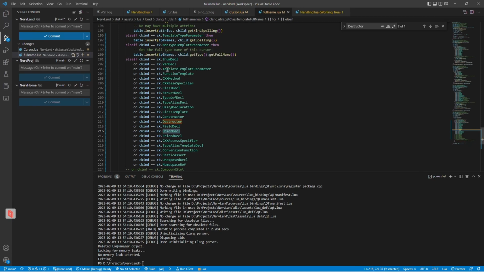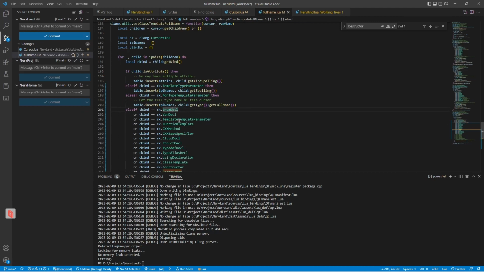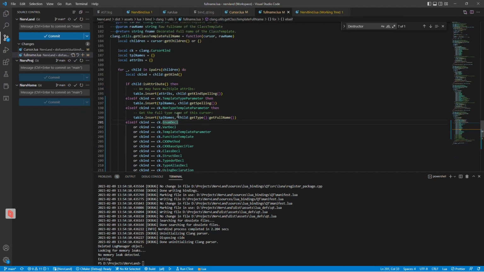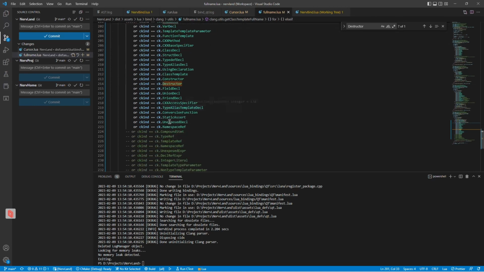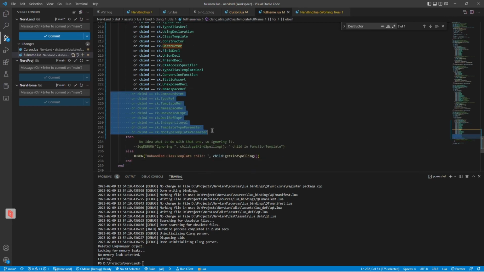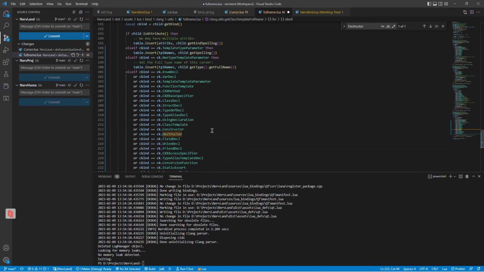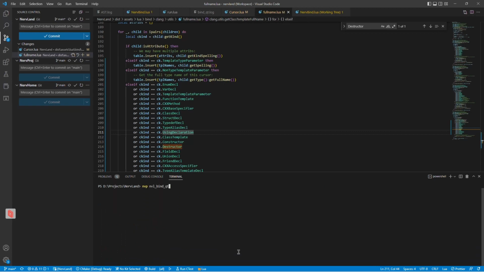visiting process at the level of the class template, of course, so we need to go deeper and revisit those children. But to figure out what is the proper full name for the class template, you don't really need them, so you can ignore this for the moment. While I'm at it, I'm also going to remove those. And so now we have a lot less debug output when we run the